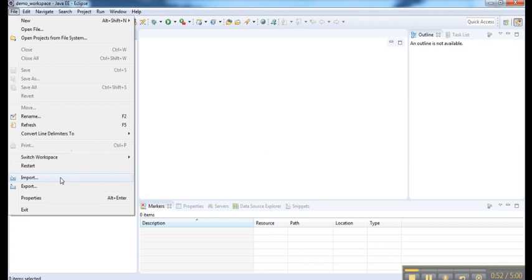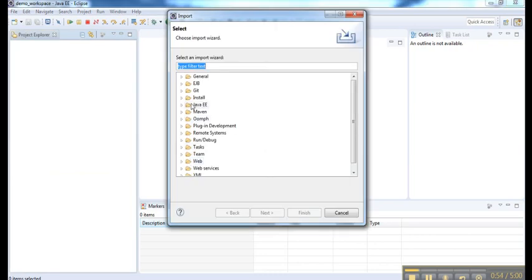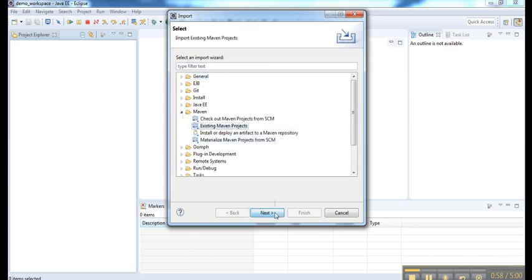You can create your own Maven project using Eclipse IDE also, but it is advisable to create the Maven project by using the command. After selecting import, you can see many options. In these options, you have to select Maven, because our project is also Maven. So we will select existing Maven project, and then click next.